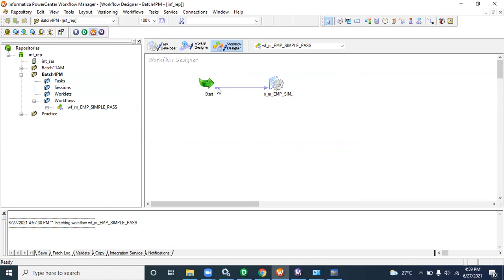We can also create it from the workflow manager. Yes, but initially, why I'm telling you these things: when you are working in real time, each and every program you need to test, right? For that reason, at least have a single workflow for a single mapping. After that, you can correlate them again in a bundle or with dependencies. But in real time, each and every program the developer has to test. This is the thumb rule of IT, right, Prashant?